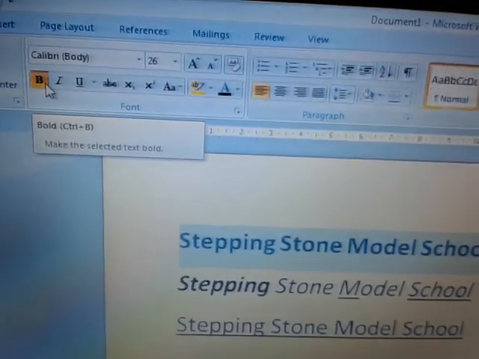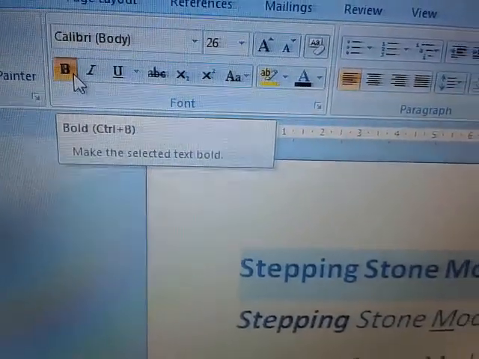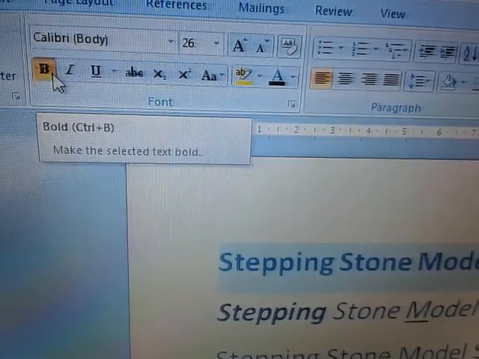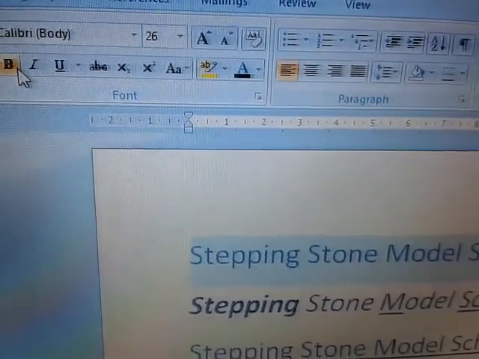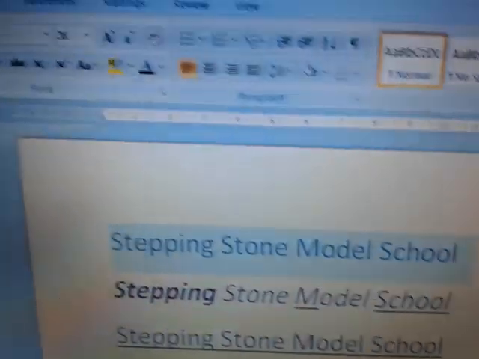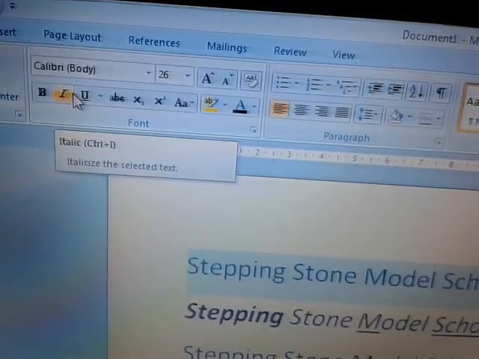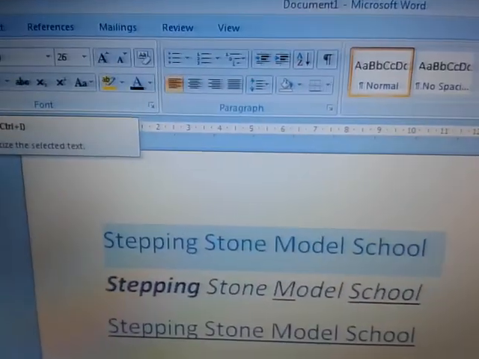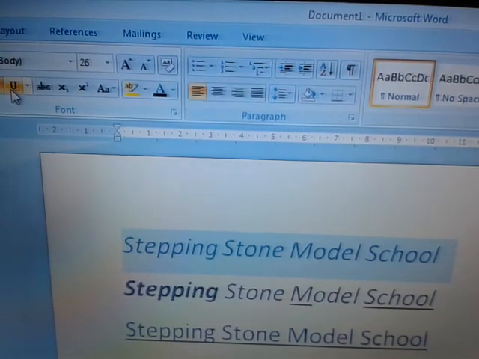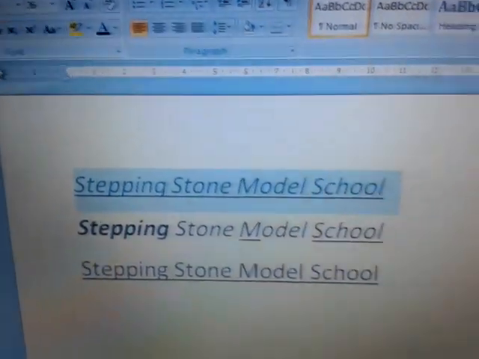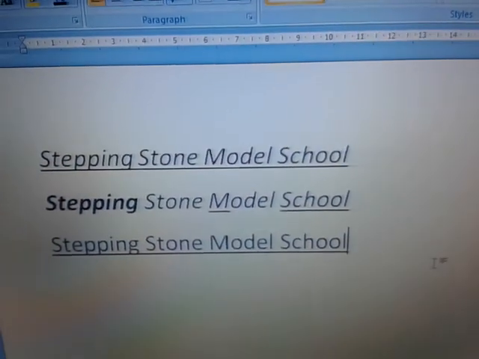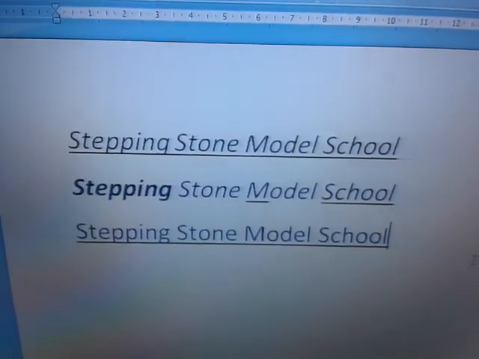It is showing that B is highlighted, which means the selected text is bold. Click on B again. This is no more bold now. I want to make this italic and underline. Italic and underline. So I hope, children, you have understood how to make these changes.